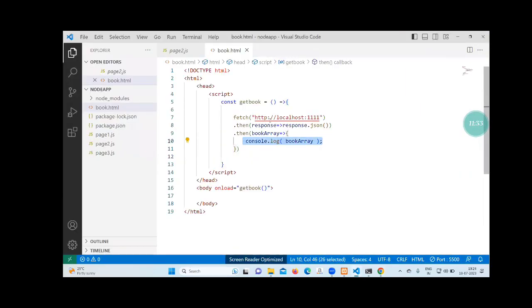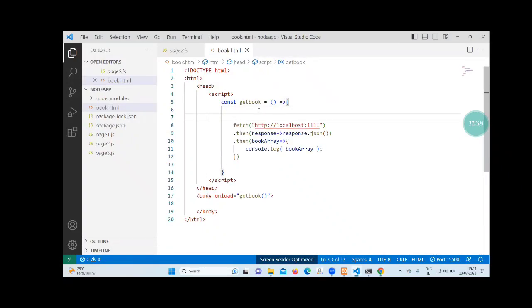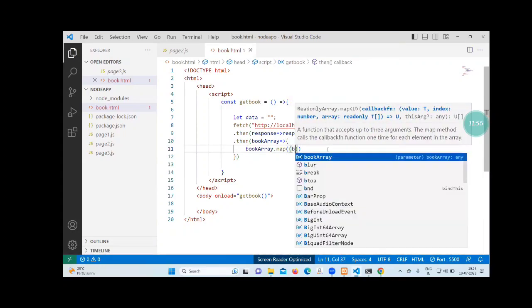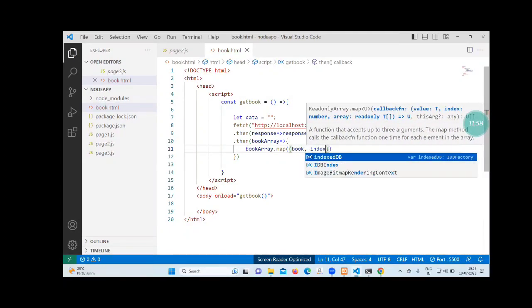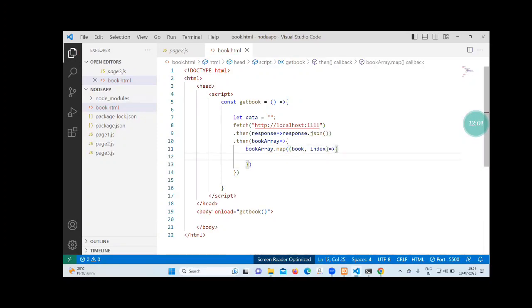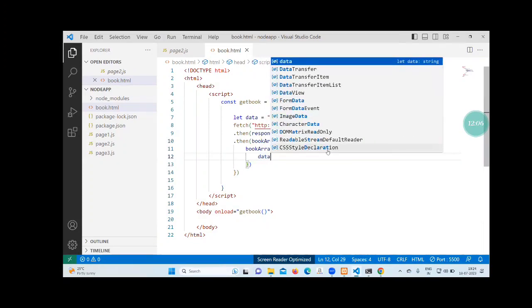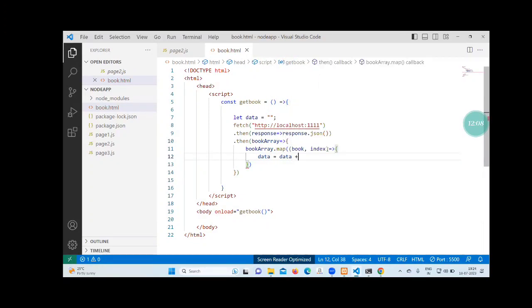Now come to this HTML file. Where was the data? The data was available under Node.js. From Node.js, it came to the HTML. Now quickly, you can run a map function and display it inside the page. Book array dot map, book comma index. Here, data equals data plus